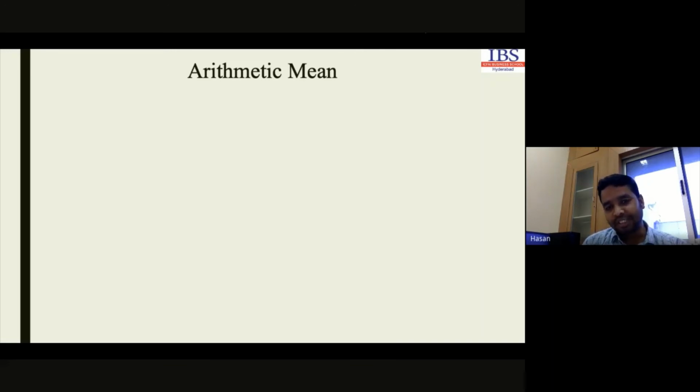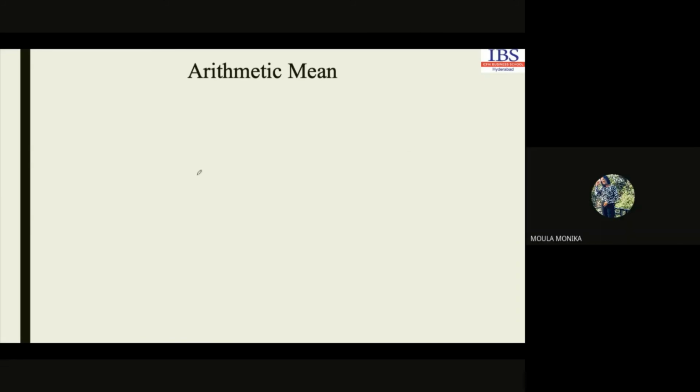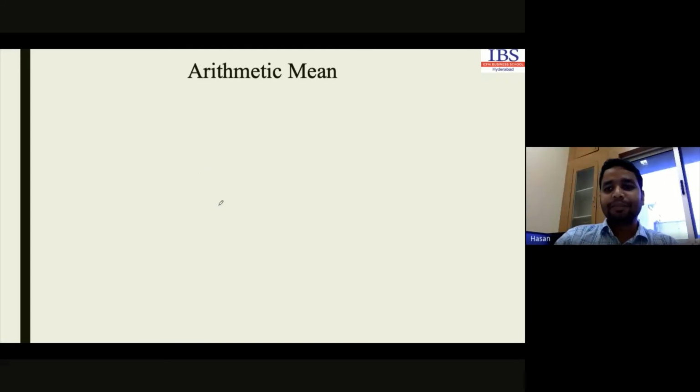What is the procedure? You have 50 students in your class, and they scored some marks in mathematics or business statistics. So how do we calculate the average marks here? How do we compute the average marks? By adding all the given observations and dividing by the total number of observations. Yes, very good, very simple. You just simply add the observations and divide by the number. Nothing complex here.